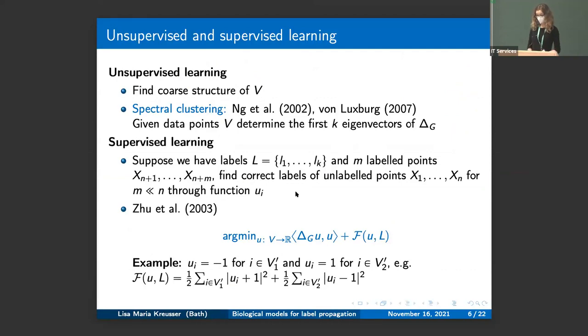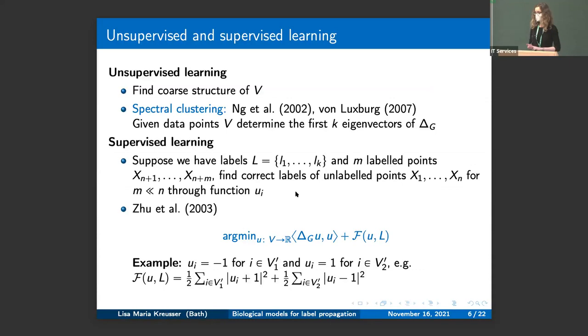if you are interested in unsupervised learning, then the basic idea is that you want to understand the core structure of some underlying set of nodes. And in order to do this, spectral clustering is very useful, where basically the idea is that you determine the first k eigenvectors of the graph Laplacian, whereas what we're mainly interested in this talk is supervised learning, where we